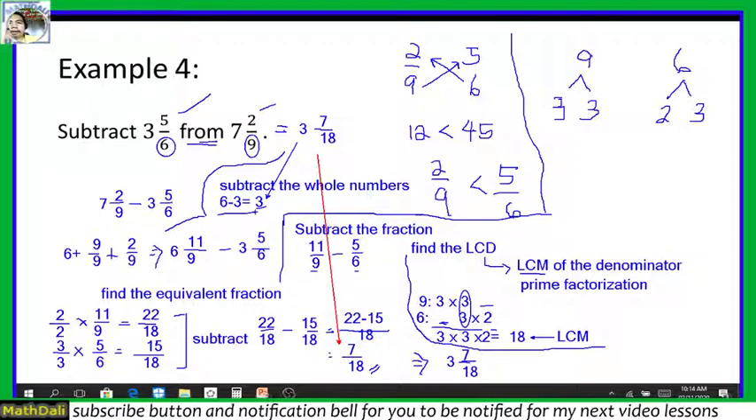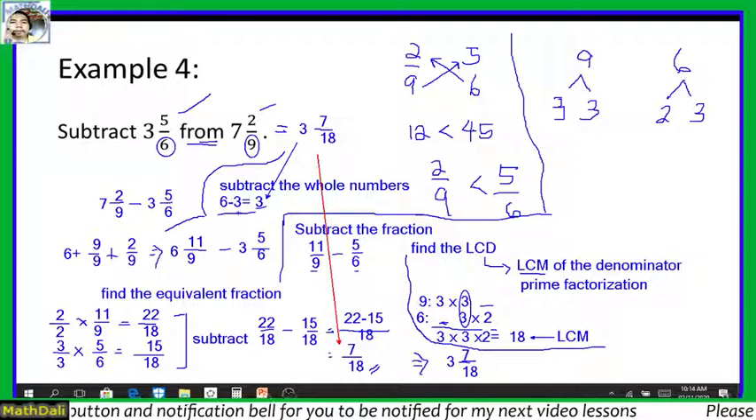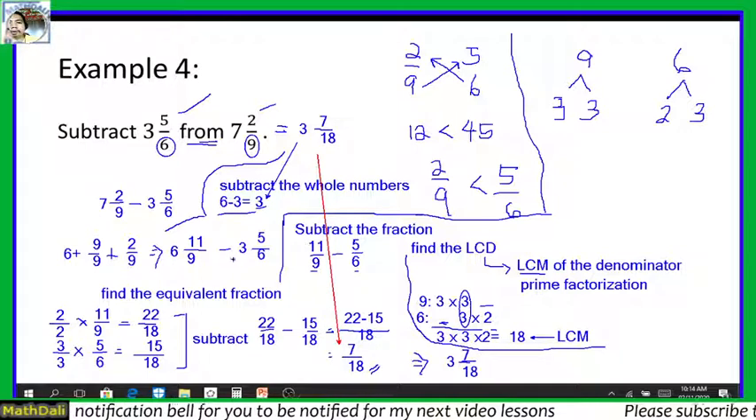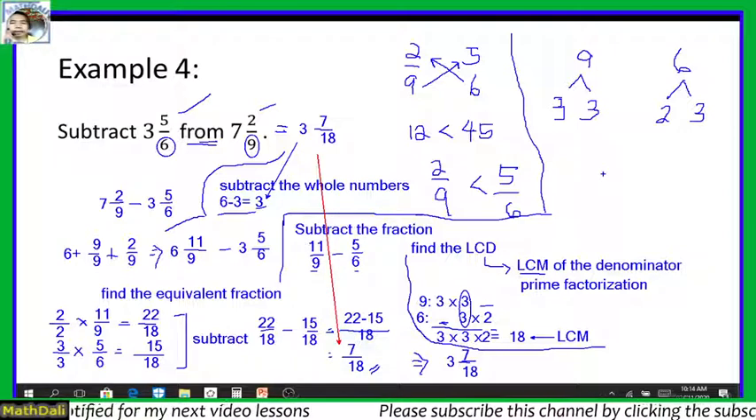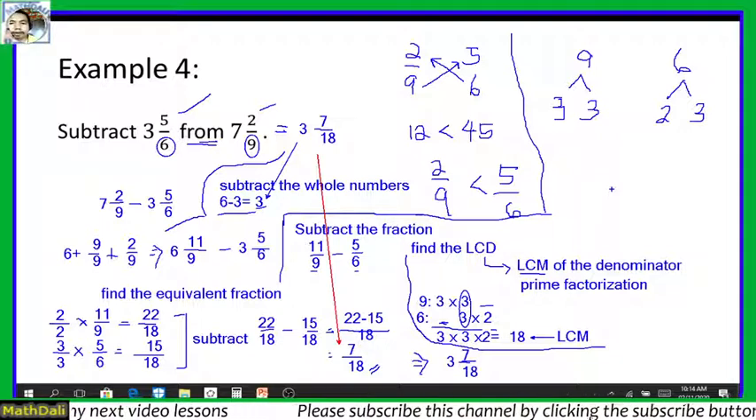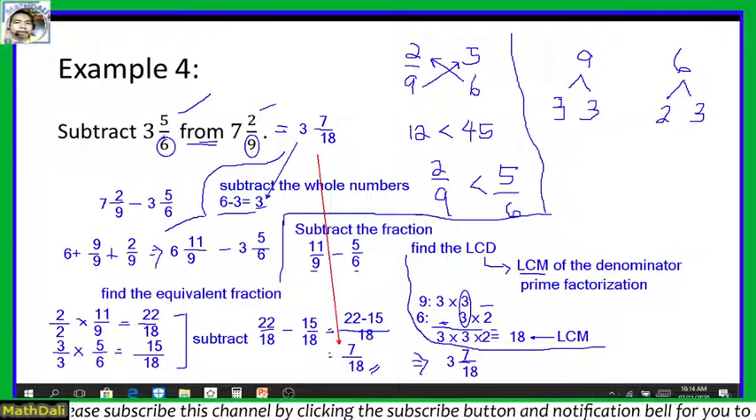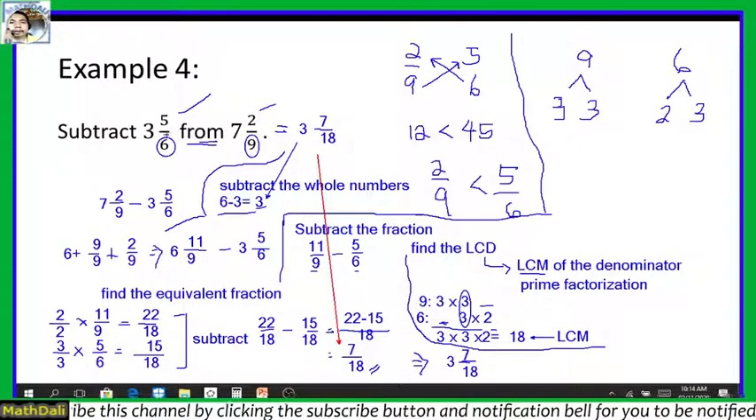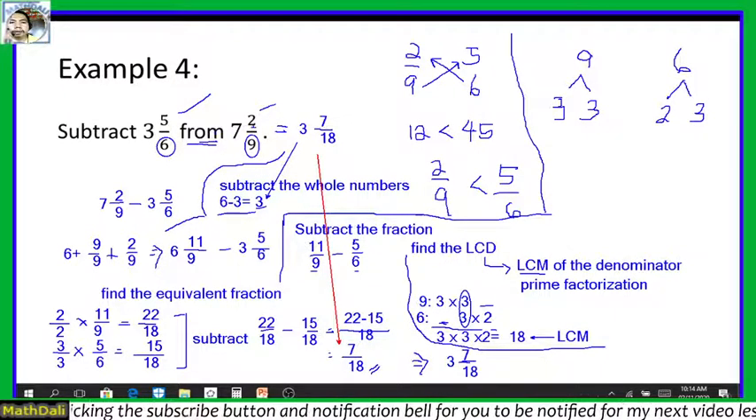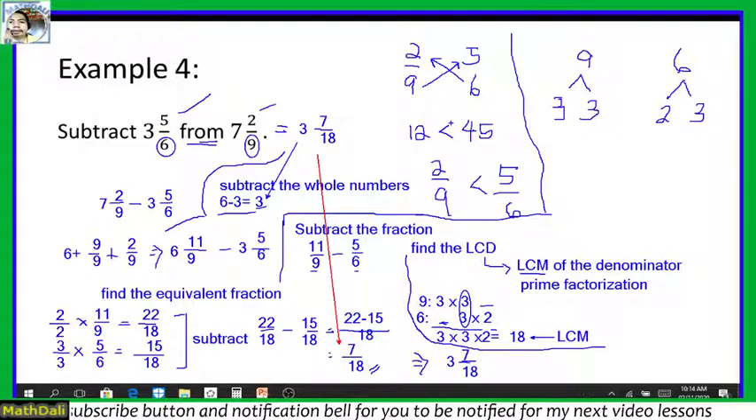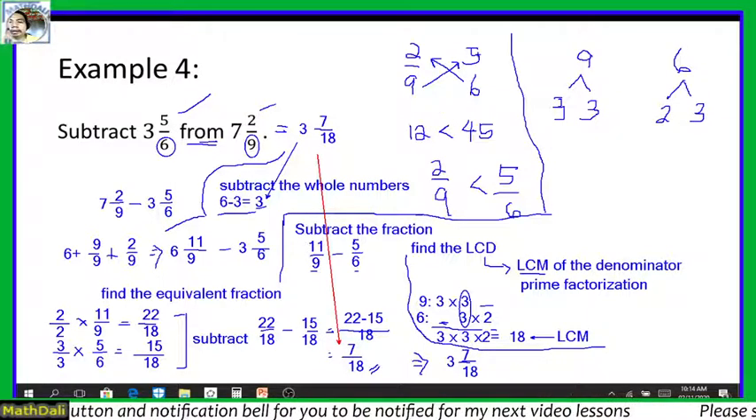Inuna na natin na hinanap yung whole number. Yan, 6 minus 3. Sinubtract yung dalawang whole number. Then, yung fraction, sinubtract din. Okay, so yan. Maraming salamat. Ganyan lang po yung gagawin pag nagsusubtract ng dissimilar fraction, na kung saan, yung given natin ay mixed number. Identify ninyo muna or tignan nyo muna kung yung minuend natin na fraction ay less than or greater than the